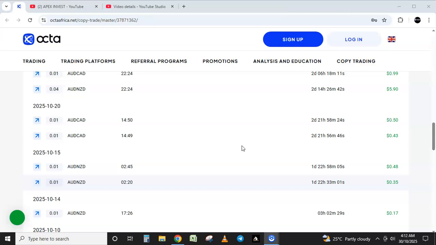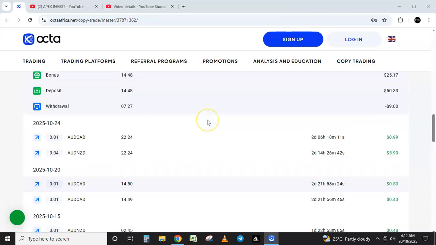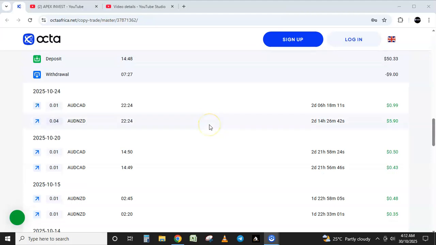We found an opportunity on the 20th to buy the Australian dollar against the Canadian dollar because we are bearish on the Canadian dollar at the time. Then after 2 days there was not much movement, so we had to close it. In trading, this is called a tiny profit. Then the market opened up again and retraced on the 24th. So we bought the Australian dollar again, Aussie NZD and Aussie CAD, and this time around it moved.